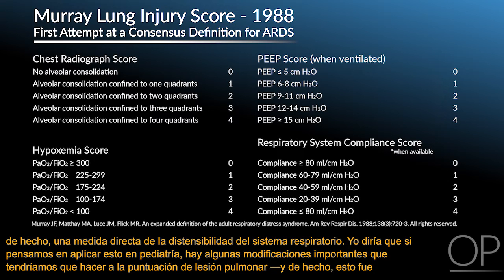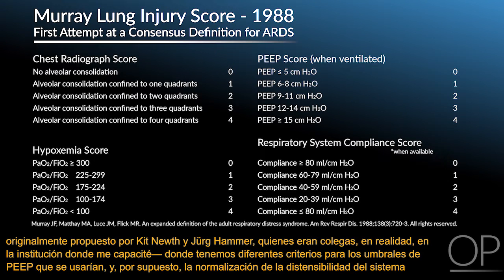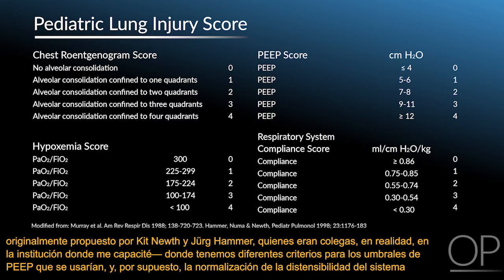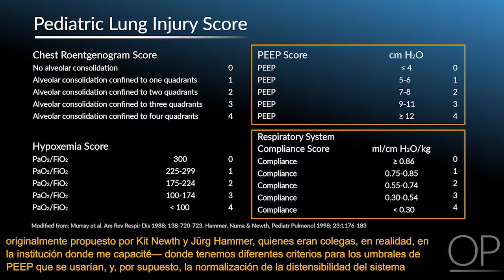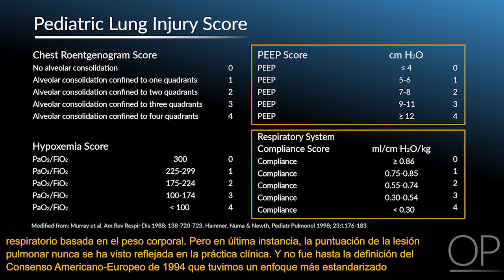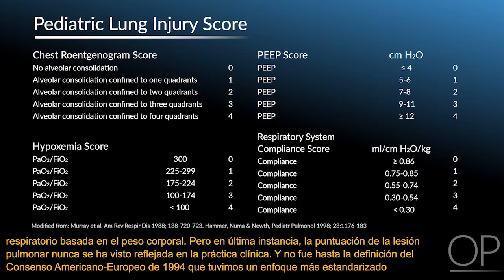I would say if we think about applying this in pediatrics, there are some important modifications that we would need to make to the lung injury score, and in fact this was originally proposed by Kit Knuth and Jörg Hammer, who were colleagues actually at the institution where I trained, where we have different criteria for the PEEP cutoffs that would be used, and of course normalizing respiratory system compliance based upon body weight. But ultimately, the lung injury score really never caught on in clinical practice,